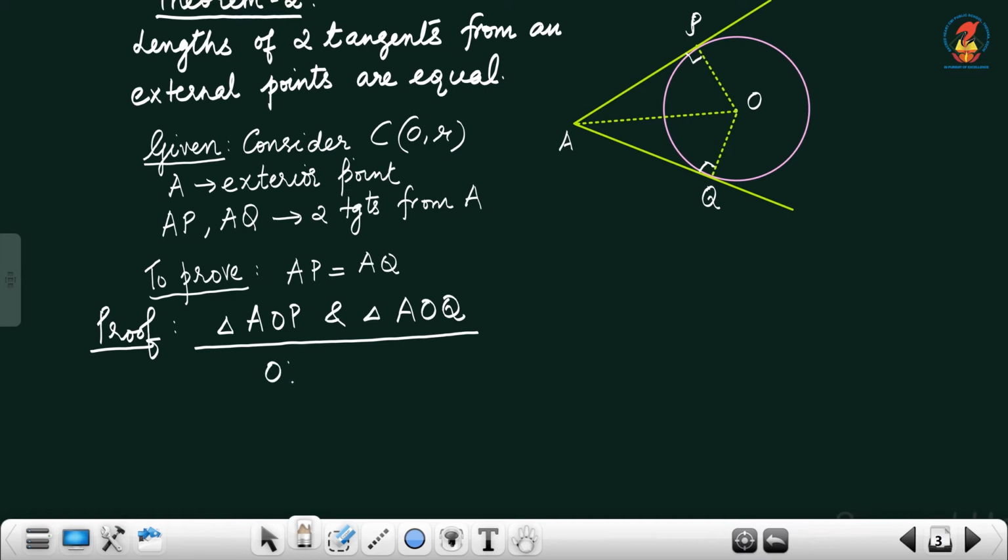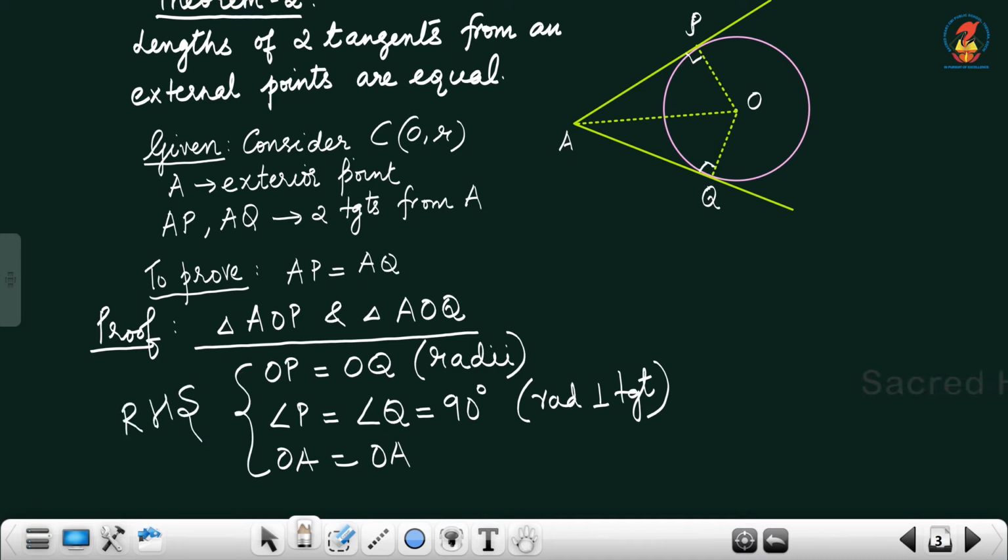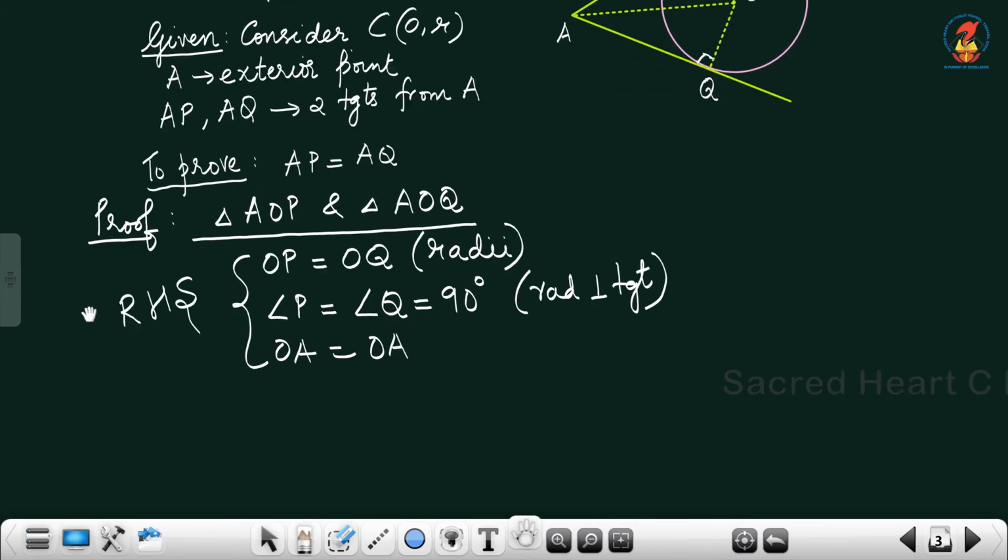What can you say about OP and OQ? OP and OQ are equal. What is the reason? Radii. Then angle P is equal to angle Q is equal to 90 degrees. Reason? Radius is perpendicular to the tangent. OA equals OA, common side. Then by which criteria? By RHS congruence criteria, you can say that